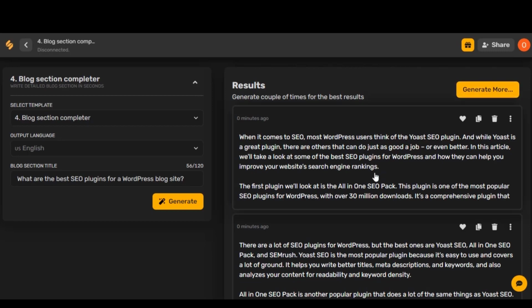Great. So we have more answers to that question. Okay. So we have this. When it comes to SEO, most WordPress users think of the Yoast SEO plugin. And while Yoast is a great plugin, there are others that can do just as good a job or even better. In this article, we will take a look at some of the best SEO plugins for WordPress and how they can help you improve your website search engine ranks. The first plugin we will look at is the all-in-one SEO pack. This is another very good